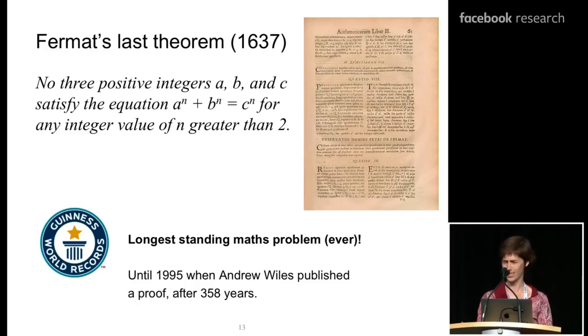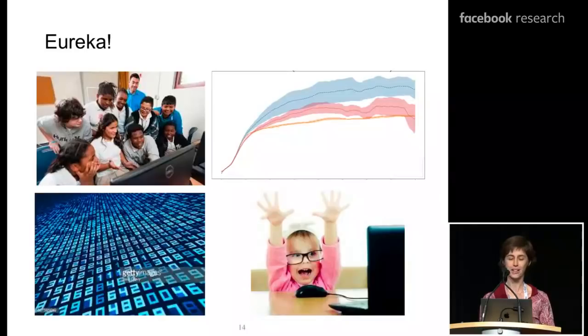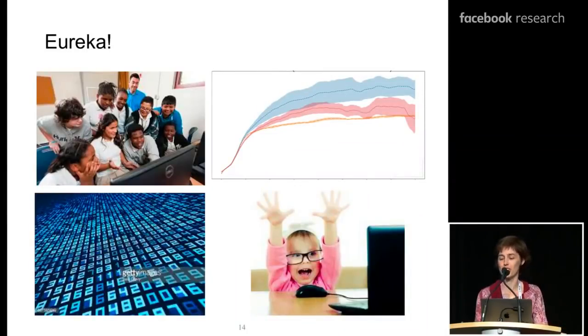The Guinness Book of World Records keeps track of these things. It doesn't in the computational sciences as far as I know, so let's try to stay out of their radar for now. Mathematical conjectures aside, I think for those of us who've had the good fortune to read a paper that really inspires us, a paper that perhaps contains a model, an algorithm that we think can potentially be used to solve a real-world problem, it's sometimes a little bit daunting to think of all that we are going to have to do to take the idea in that paper and make it work to solve that real problem.